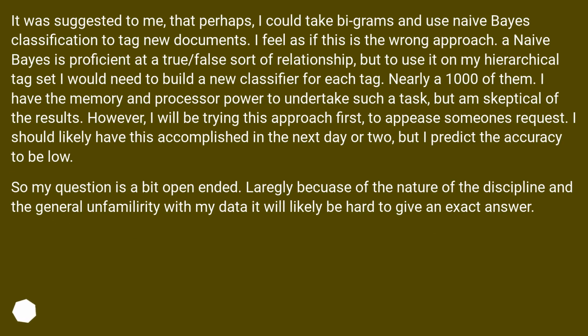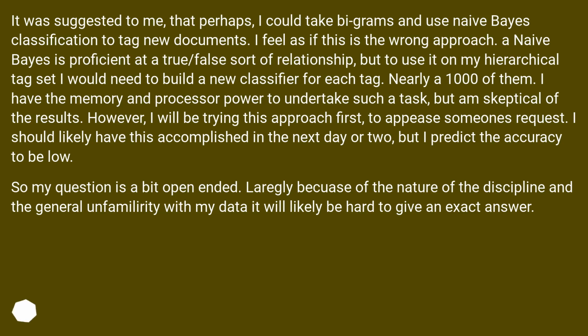It was suggested to me that perhaps I could take bigrams and use naive Bayes classification to tag new documents. I feel as if this is the wrong approach. A naive Bayes is proficient at a true/false sort of relationship, but to use it on my hierarchical tag set I would need to build a new classifier for each tag. Nearly 1,000 of them. I have the memory and processor power to undertake such a task, but I'm skeptical of